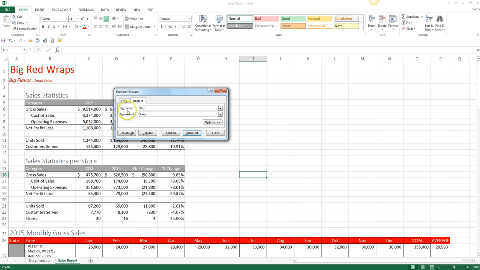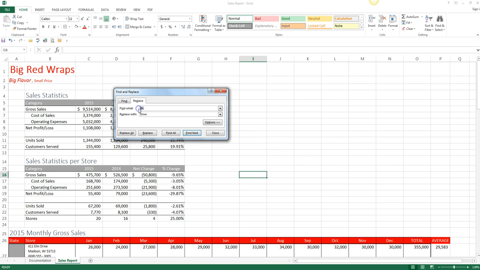DR period, with the word, yeah, there it is, beat that typo, with the word drive, because I did not want the word strive. Replace all,